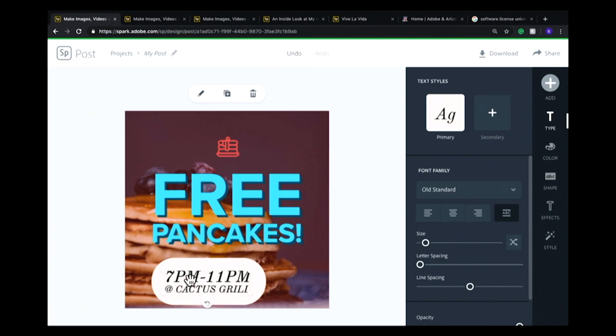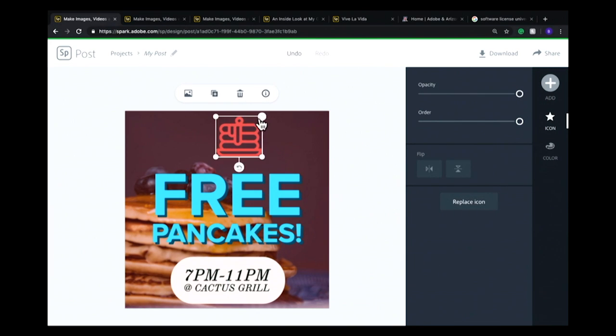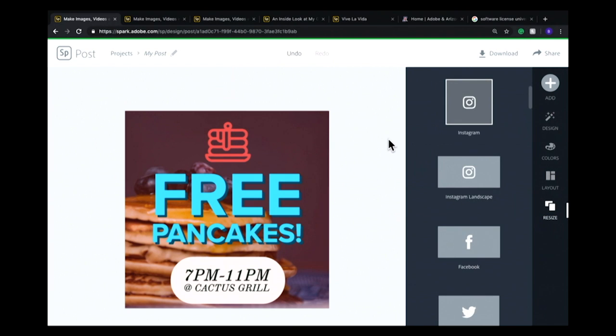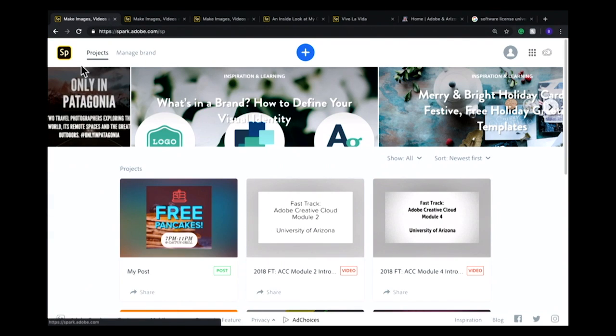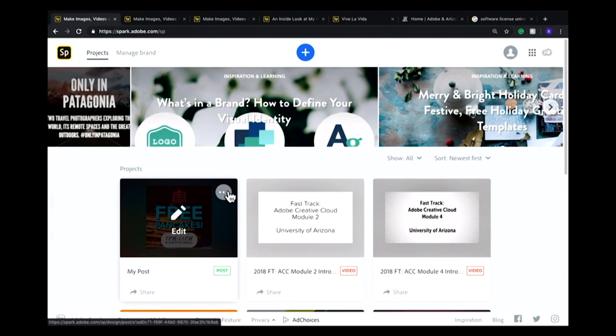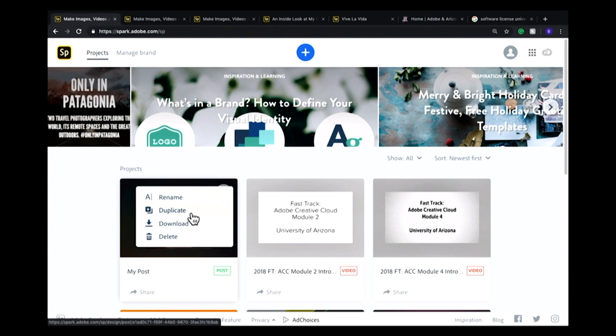Real easy, simple adjustments. If I love this and I never want to touch it, but I want to use it as a basis for something else, once I have it set up, I'll click on the top left-hand side to go back to Spark Post, the main page there. Then it will populate here. On this menu, there are these ellipses right here. Click on that, duplicate. So you can save it, and then you can save it as